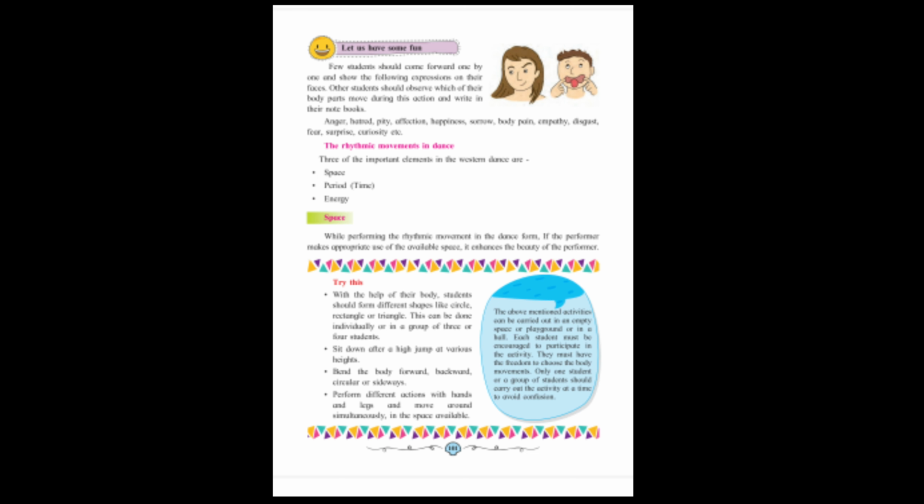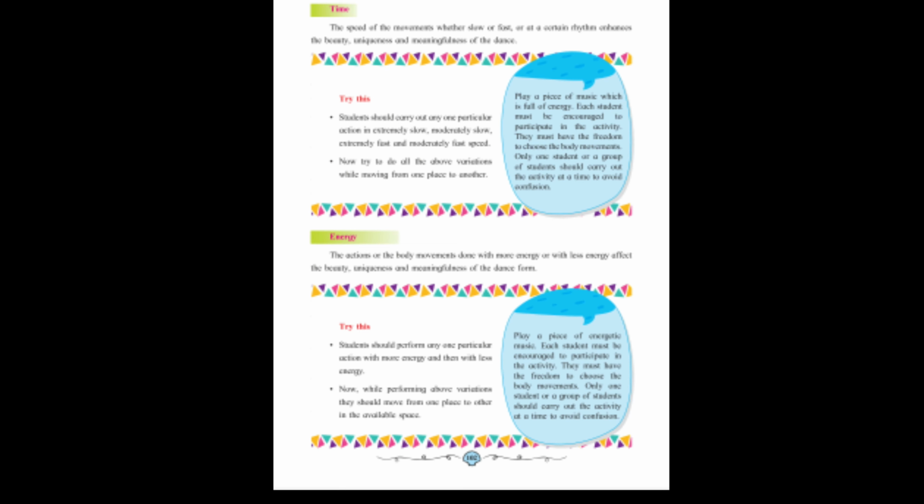Rhythmic movement in dance. There are three important elements in Western dance: space, time, and energy. Space. While performing rhythmic movement in the dance form, if the performer makes appropriate use of the available space, it enhances the beauty of the performance. These are the three important elements for rhythmic movement in dance: space, time, and energy. Time. The speed of the movement, whether slow or fast or at a certain rhythm, enhances the beauty, uniqueness, and meaningfulness of the dance. Energy. The action or body movement done with more energy or less energy affects the beauty, uniqueness, and meaningfulness